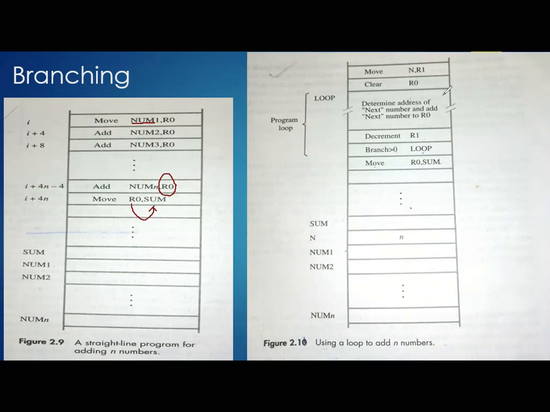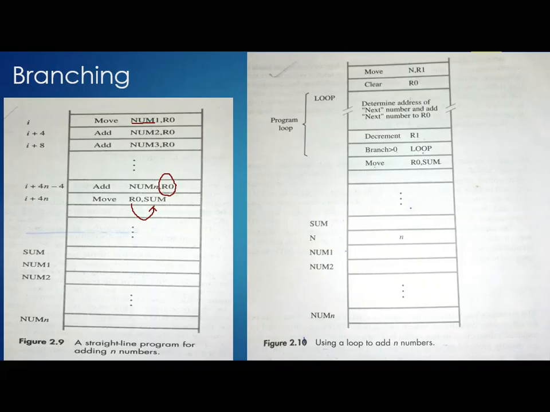So here just observe, the same program we are trying to write over here. Fine. So move n comma r1. What is the value of n? n is equal to 100, right? We'll see what is the particular logic we are using over here. Move n comma r1. So r1 is a general purpose register which is holding the value 100. Clear? R1 is holding the value 100.